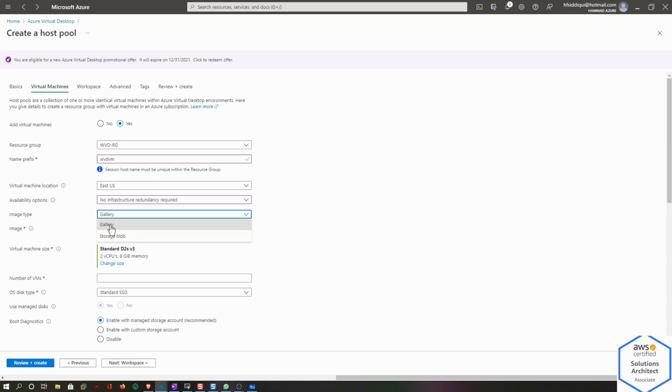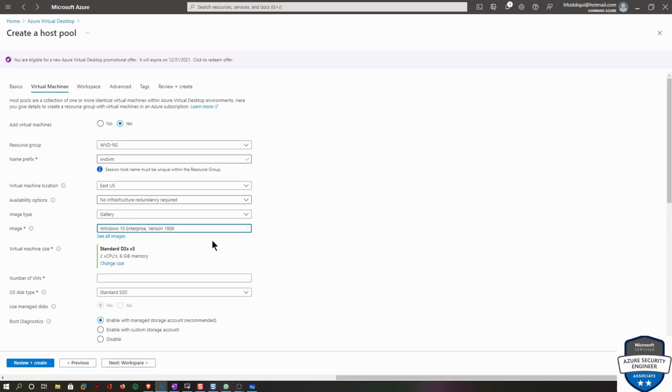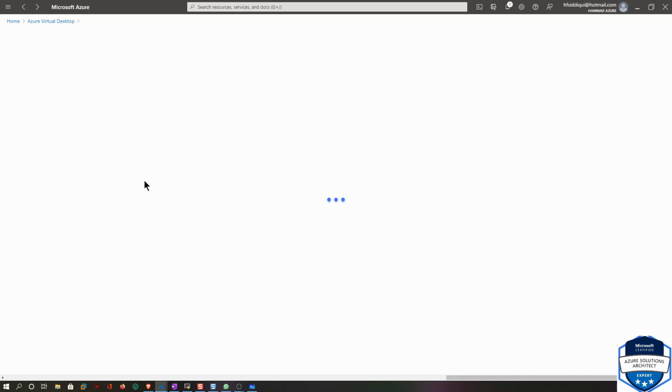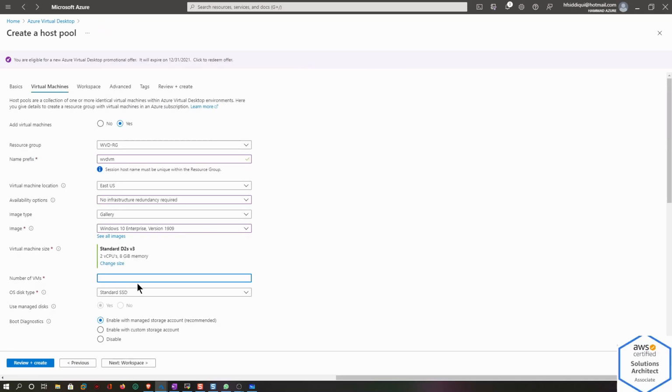For now, we'll just pick up the gallery here. Select the gallery, whatever you like. Let's do 1909, which is the recommended version. VM size, I would say right now we're just doing D2, but the burstable size, the B series, is I think the recommended one that I've been using at work myself as well. So I would use that one for now. And then number of VMs for